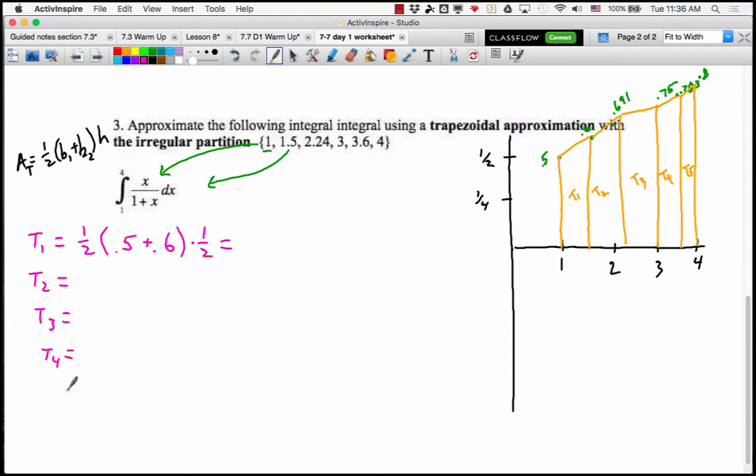Anybody? 0.275. Say a little louder. 0.275. Might be wrong. Okay, trapezoid 2, we get 1/2 times, now we're doing trapezoid 2, so our left-hand side is going to